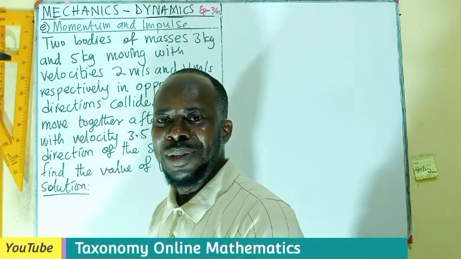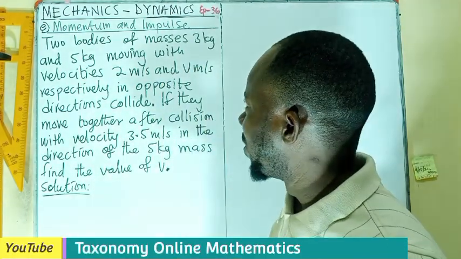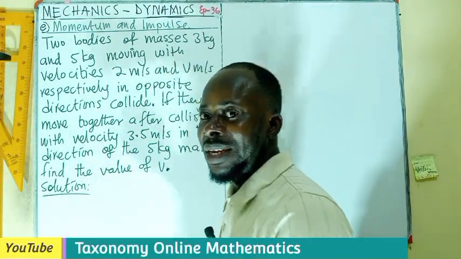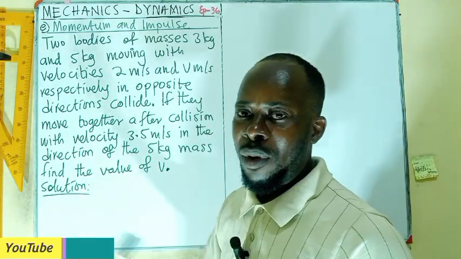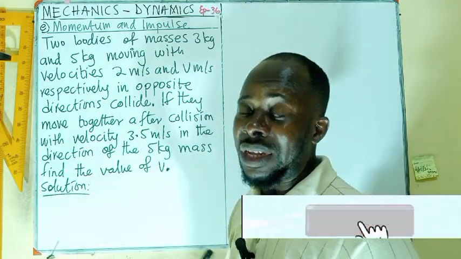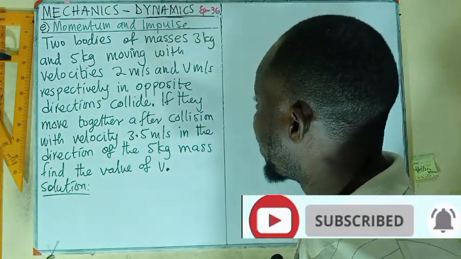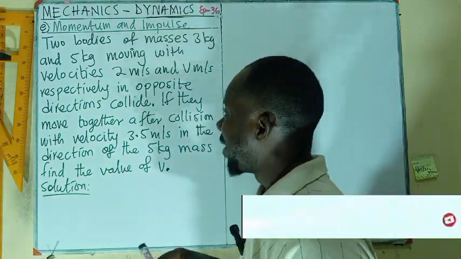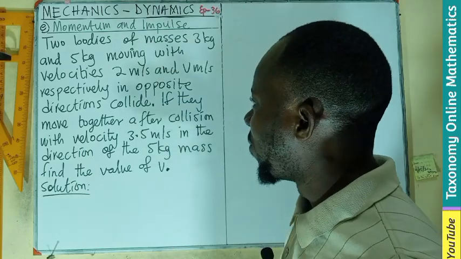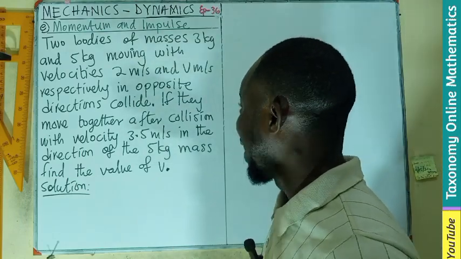Hello, welcome to episode 36, still on momentum and impulse. In this episode, we are testing some of the principles we talk about under linear conservation of momentum. So, two bodies of masses 3 kg and 5 kg moving with velocities 2 meter per second and V